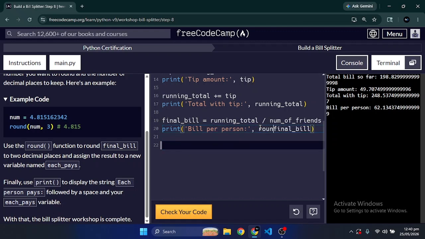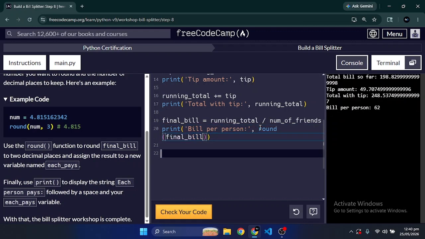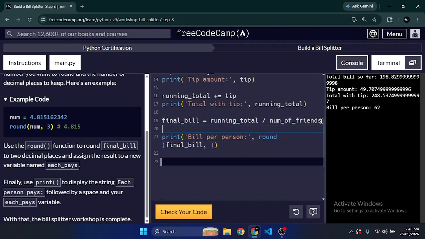So we are going to use the round function, and okay, so we have to make another variable, which is